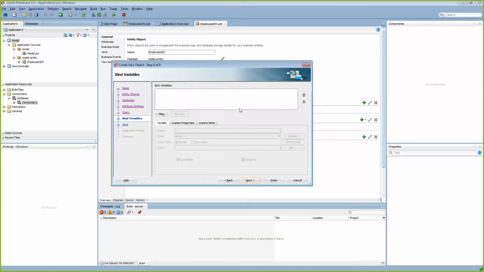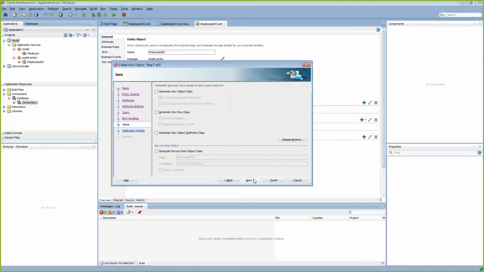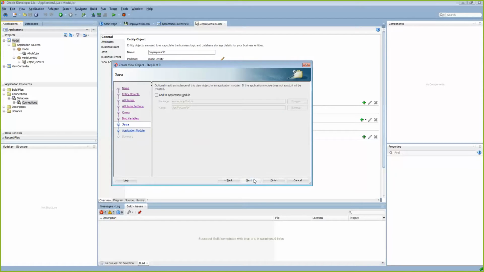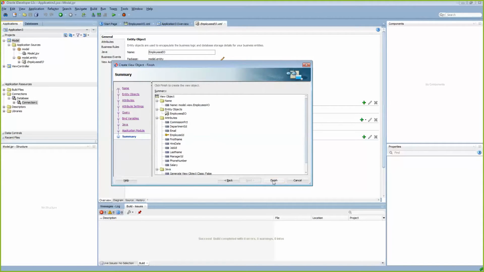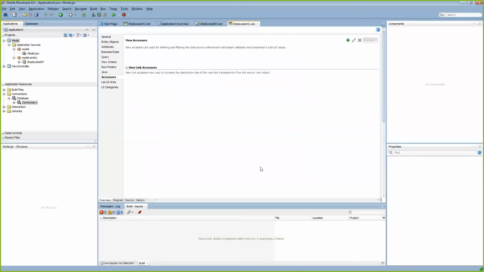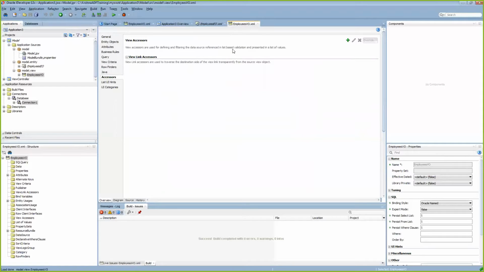It's asking me if I want to create any bind variables. As of now, no. We'll create them going forward. Then Java classes, just like the entity object. It's asking me if I want to add to application module. We can do it later. Just say finish. Now I got my view object, which is based on